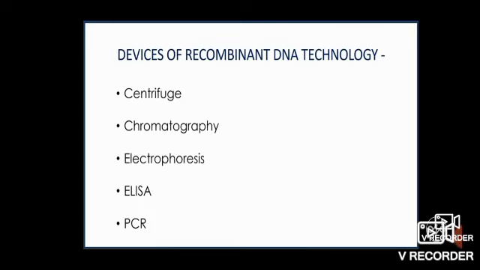Chromatography is an important biophysical technique that enables the separation, identification, and purification of the components of a mixture for qualitative and quantitative analysis. And electrophoresis, gel electrophoresis, is a technique used in rDNA technology for the separation of fragments of DNA on the basis of their size. So some thin bands will be moving very fast in the agarose gel electrophoresis. Some bigger bands will be moving slowly. So based on this, we can separate the fragments based on their size.